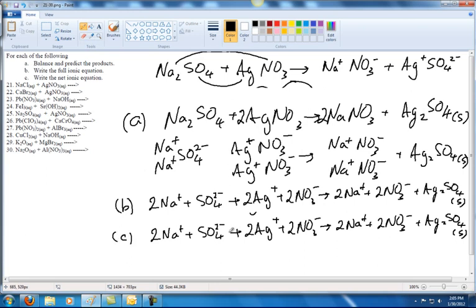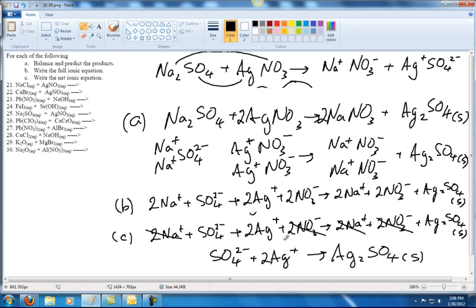And again, what I'm going to do is cut out anything that's exactly the same on both sides. So we've got 2Na plus, 2Na plus, 2NO3 minus and 2NO3 minus. So what we'll have left is SO4 2 minus and 2Ag plus gives Ag2SO4 solid,